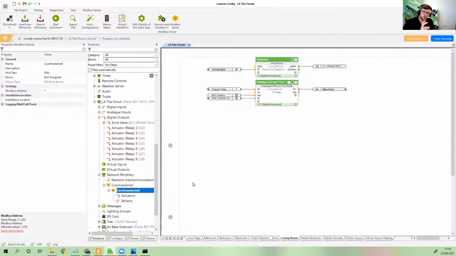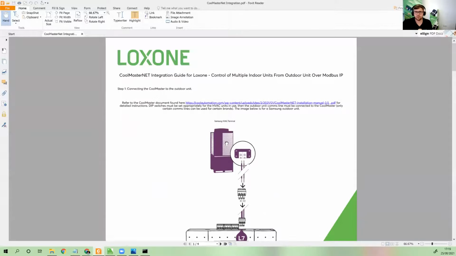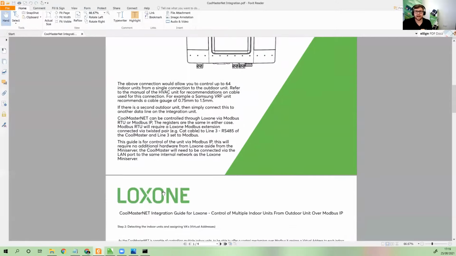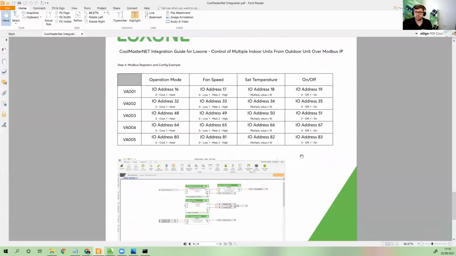65,536. So if you do not have an integration guide or a registers guide from that manufacturer, it is a 1 in 65,000 chance of getting what you want. We can't help you. Unless you come to us with a manual with those registers, there is nothing we can do to help. Now, with Coolmaster in particular, they do have a registers list readily available. And luckily for you, I have made this integration guide that actually breaks those registers lists into their most important